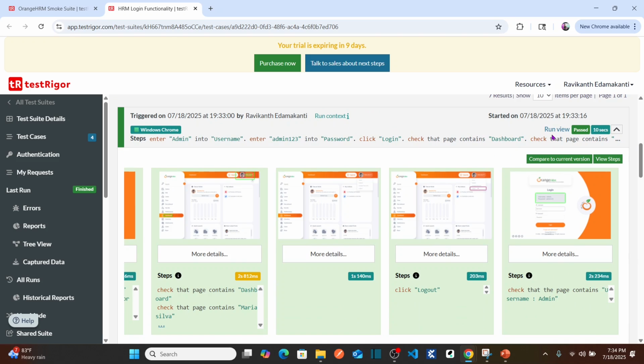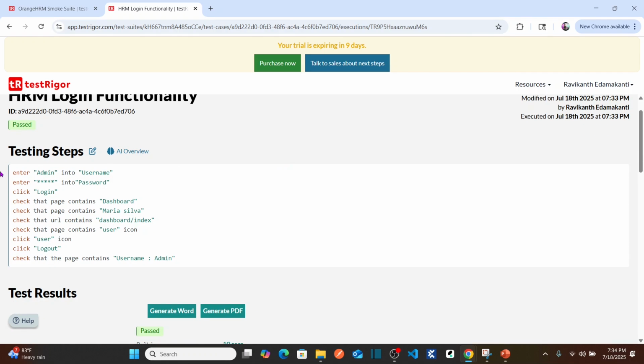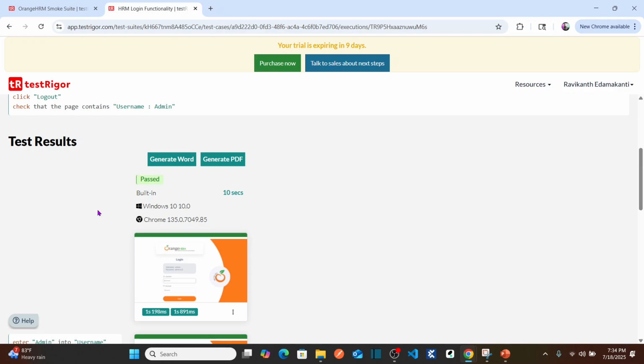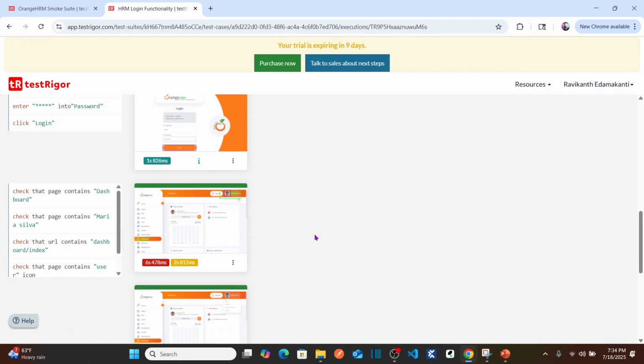So if you want to see the results, let's click on run view. As soon as you click on run view, it shows you everything. See here, these are the testing steps, and scroll down here. These are the test results. It will show you step by step. So this is your first step where you are entering the username, password, and then click on login. And then scroll down. It is validating that the user is logged in by using all these validations: dashboard, Maria Silva, and URL contains this,